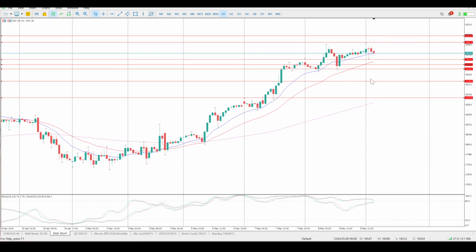So I just want a decent setup. I'm not really interested in a couple of pips. I want a decent amount of pips, and I want a decent profitable trade. So that's me sitting on the sides, wait until we get a deeper pullback before